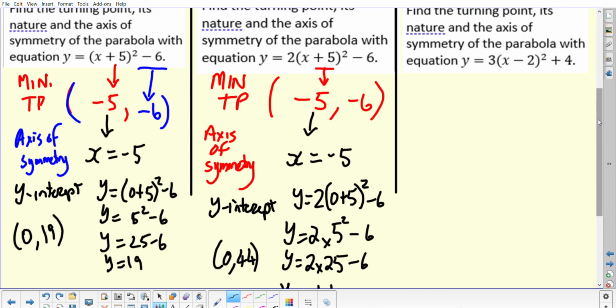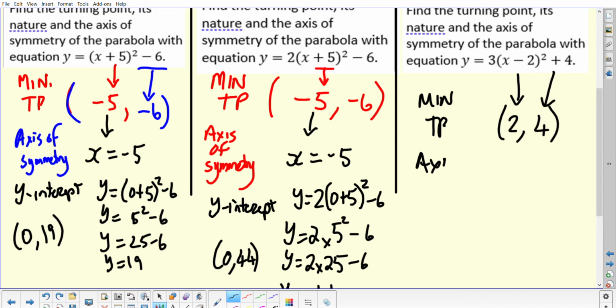It's like twice as steep as the first one. So the last equation, writing down what my turning point is. So again, it's a positive x squared. So my minimum turning point opposite to the -2 would be 2, and it would match the last term, so it would be 4. So my minimum turning point would be (2, 4), and my axis of symmetry would be x equals